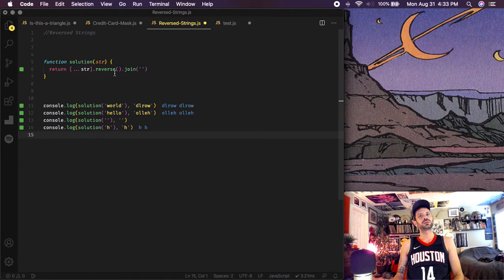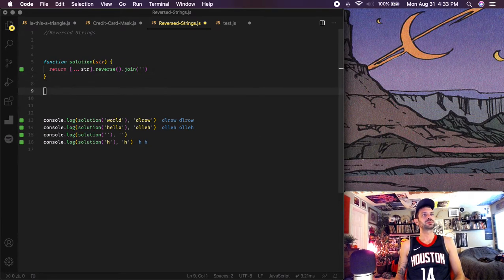Another way we could do it, this iterates over our string, I think, 2 times, or maybe 3 with the spread operator. I'm not sure. But if we used a for loop, we could just go over the string 1 time. So it'd be more performant. So we could say,